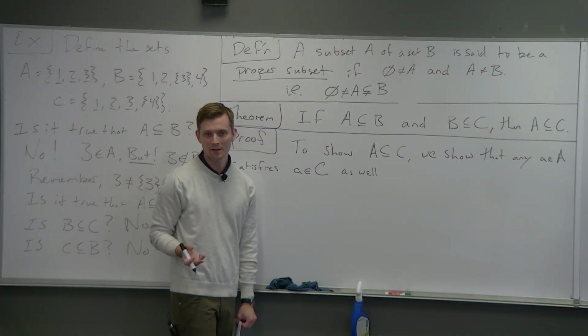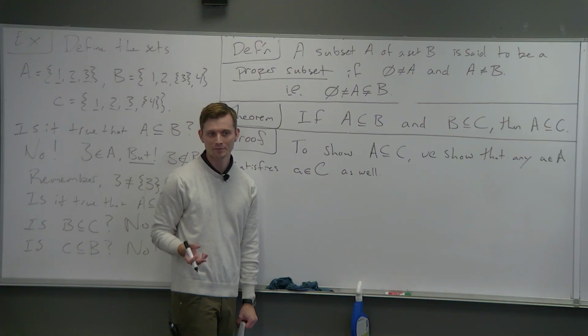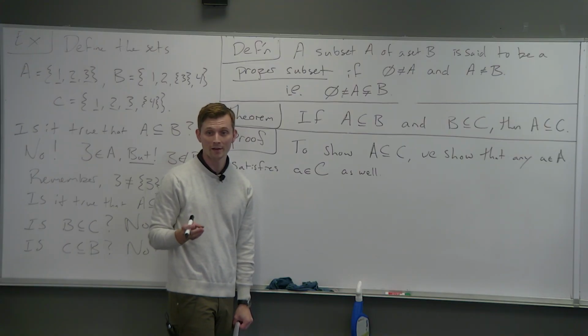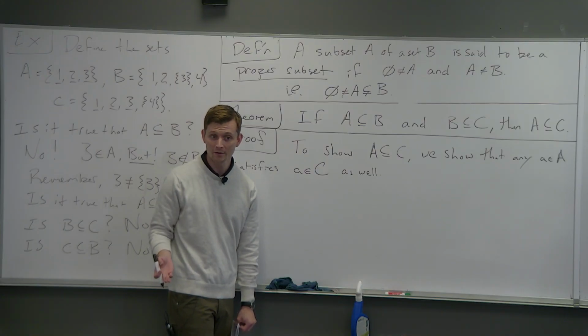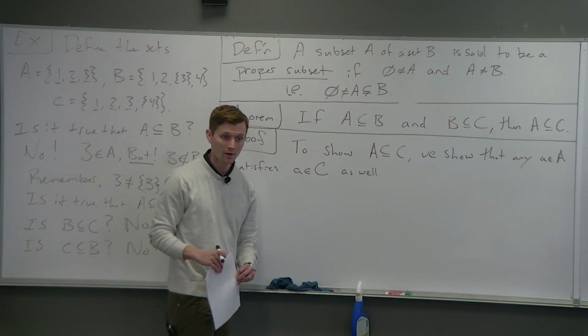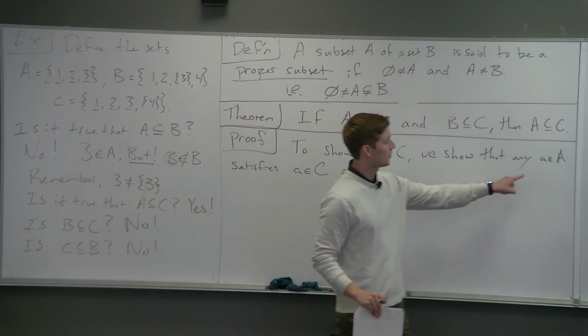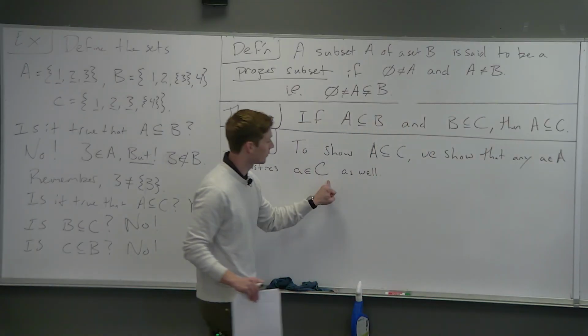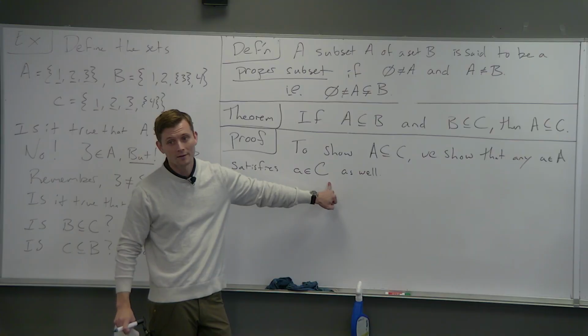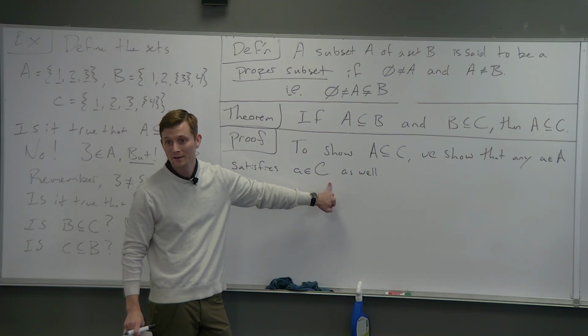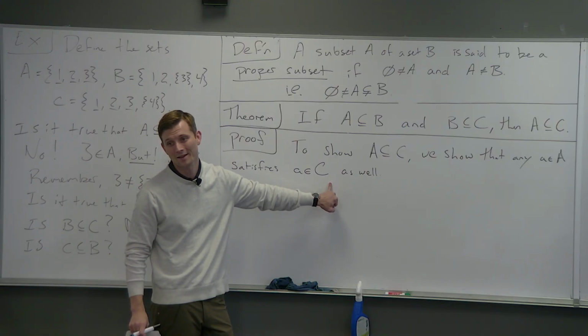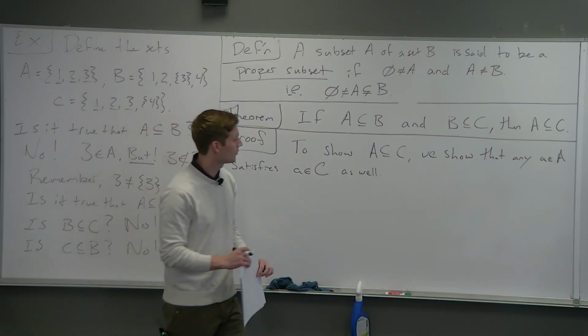A is a subset of C if and only if every element of A is also an element of C. So we'll pick an arbitrary element, and we'll show that that element belonging to A implies that it also belongs to C. All right, since the element was arbitrary, we are perfectly well justified in making a universal generalization and saying since it holds for anyone you want, it holds for all of them, right? Okay, so